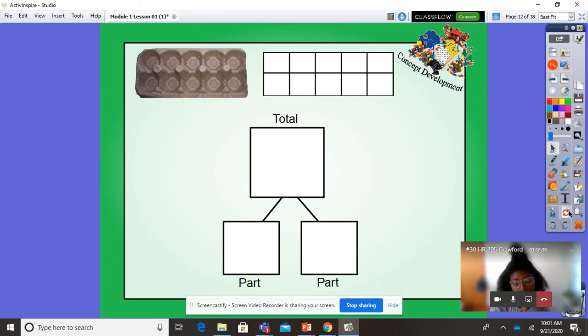Let me show you one more time, and then I'm going to ask you to get some materials to do this with me. All right. So let's say my